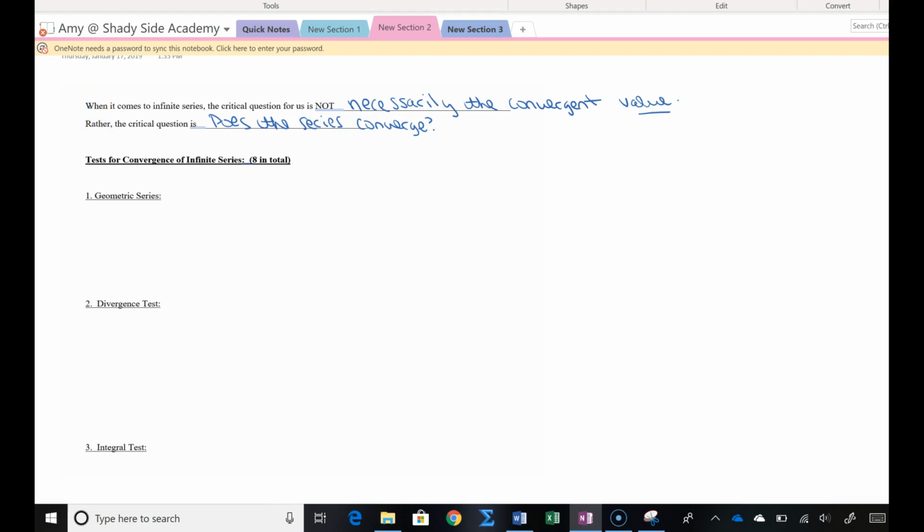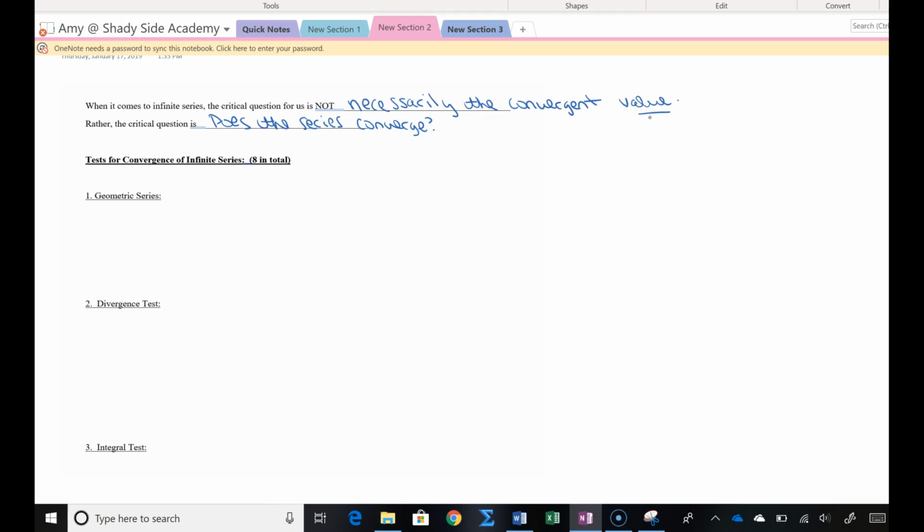2 points above. When it comes to infinite series, the critical question for us is not necessarily what value the converging series converges to. So, in other words, if you look back at your notes from the first page, you remember that a geometric series converges if r is between -1 and 1. And for those geometric series, we're actually able to find the convergent value. The same was also true for the telescoping series on the previous homework. So sometimes there will be infinite series that not only converge, but you can actually find the value it converges